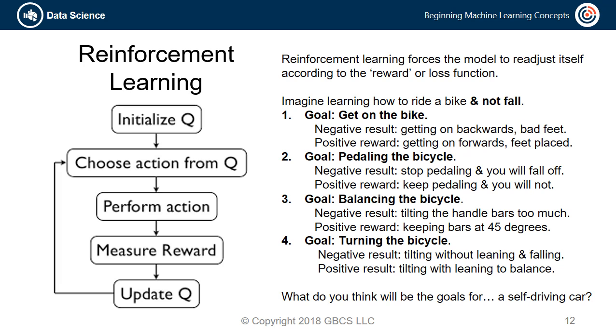Now more Q processes are added in, like pedaling a bicycle, balancing the bicycle, turning the bicycle, stopping the bicycle, etc. Now riding a bicycle doesn't seem so simple. Imagine all of the things a self-driving car will have to encounter as you are driving yourself. Not so simple, but can be done naturally through reinforcement learning.